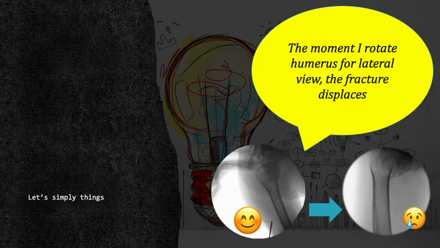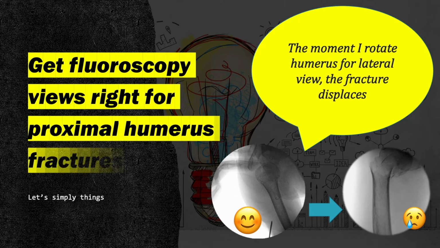Hello friends, you must have all faced problems in the fluoroscopy for the proximal humerus fracture. The problem mainly occurs when you are planning for closed reduction. While in open reduction, you have a good view of the proximal and distal segments of the fracture,